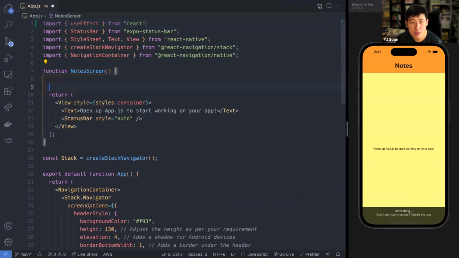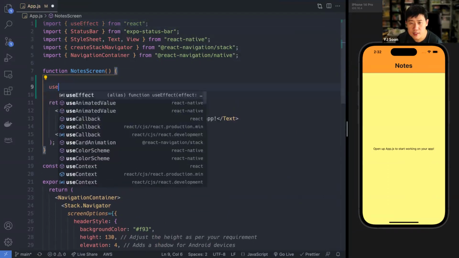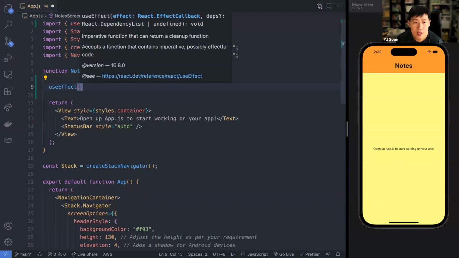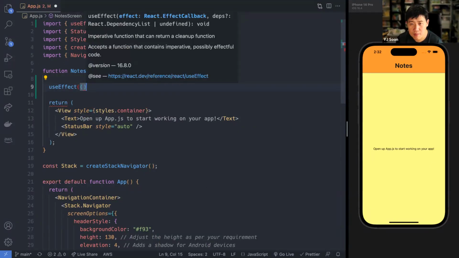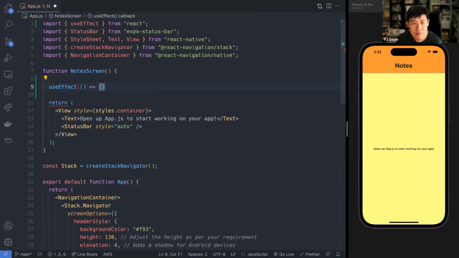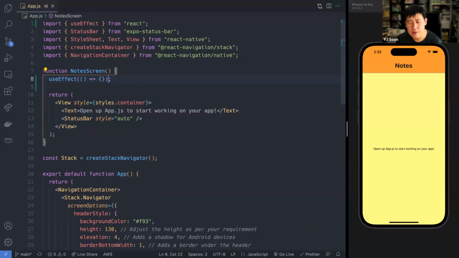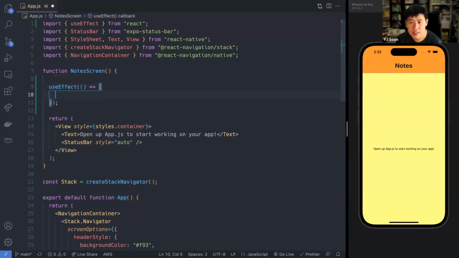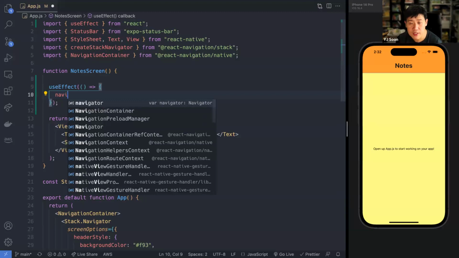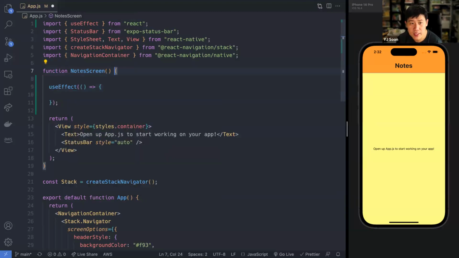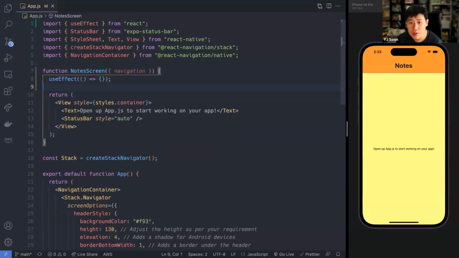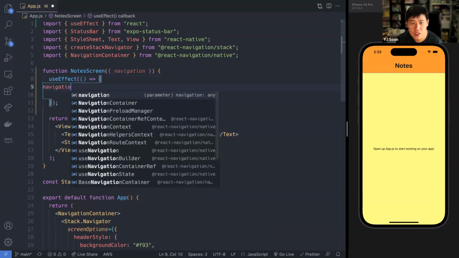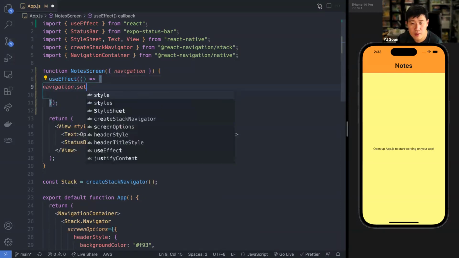Down here, I'm going to type useEffect with a blank function first. That's just a useEffect that does nothing upon every refresh. Inside here, I want to say navigation. Oh wait, I need to get the navigation prop. So navigation dot setOptions.